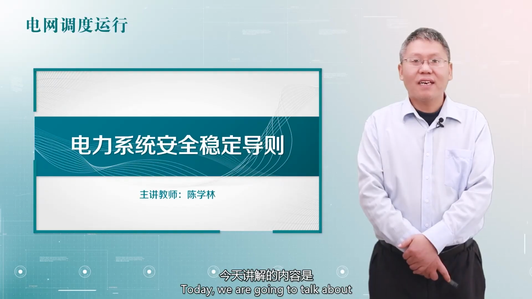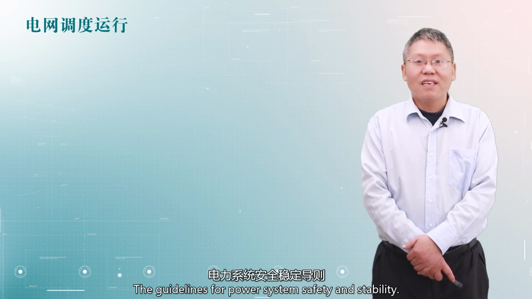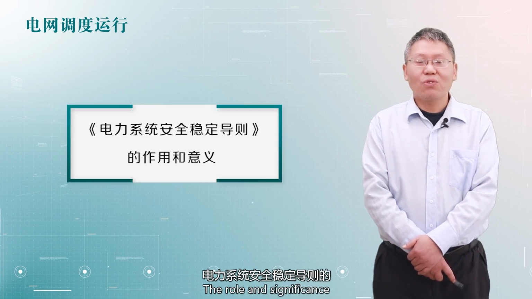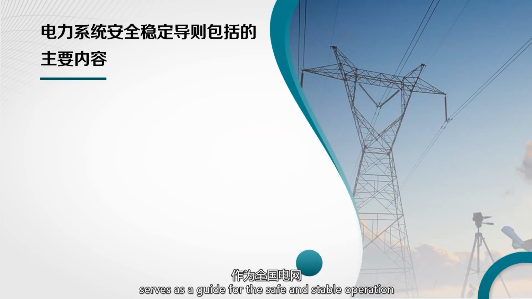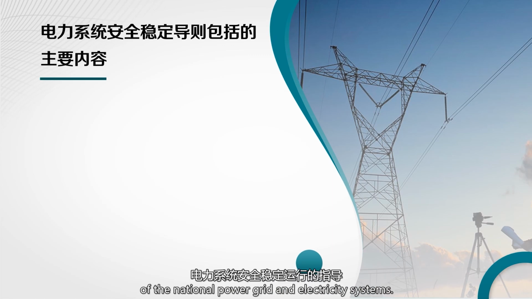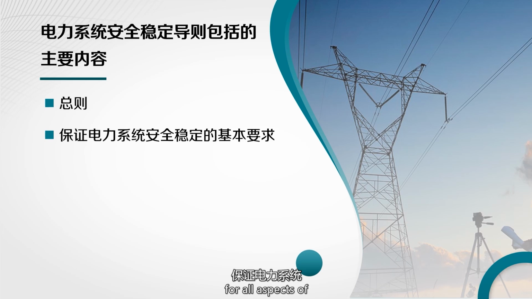Today we are going to talk about the guidelines for power system safety and stability. The role and significance of the guidelines for power system safety and stability: it serves as a guide for the safe and stable operation of the national power grid and electricity systems. It has made detailed and specific provisions on requirements for all aspects of the safety and stability of the power